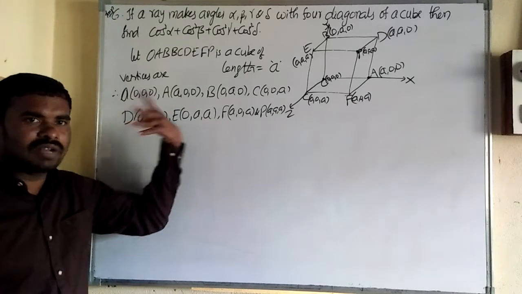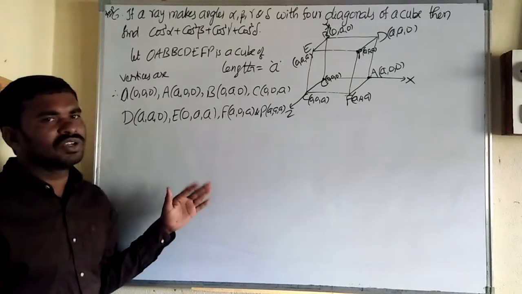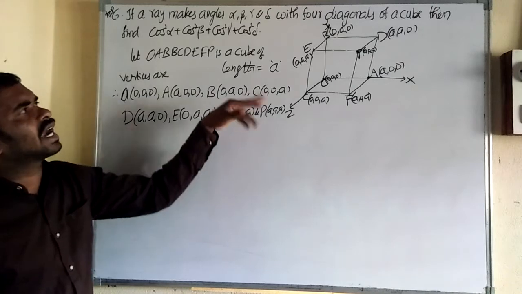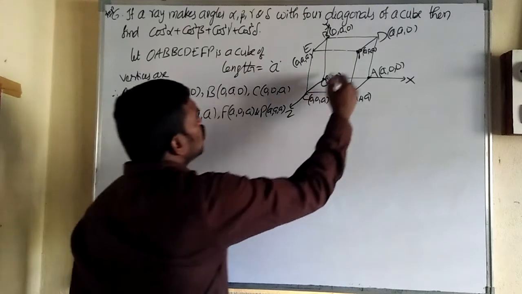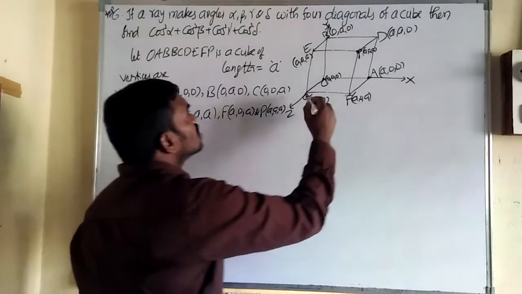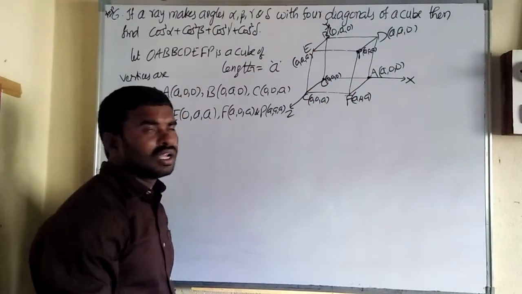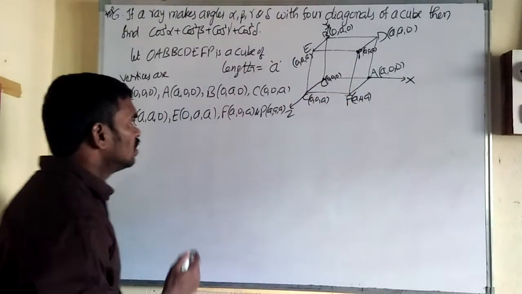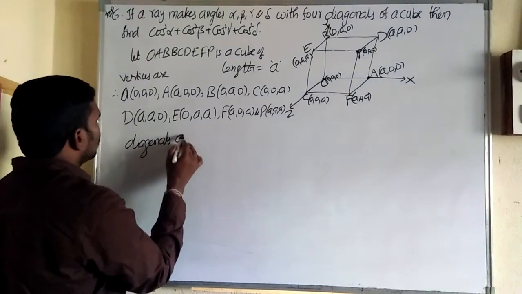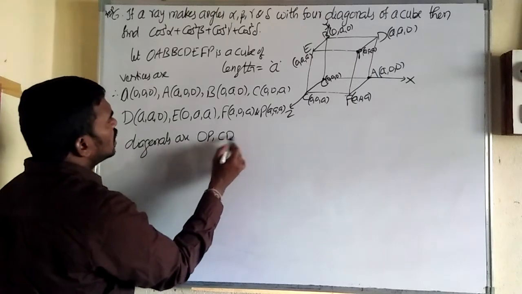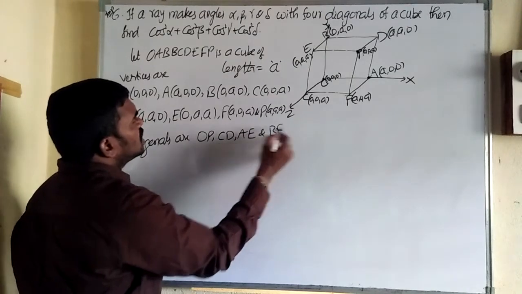Same as usually in product of vectors, maths 1A, also same we can represent the points up to here. So then after, what are the diagonals here? Okay, we should find diagonals. What are the diagonals? OP is a diagonal, and CD is a diagonal, and AE is a diagonal, and BF is a diagonal. Okay, so diagonals are OP, CD, AE and BF. These four are the diagonals.